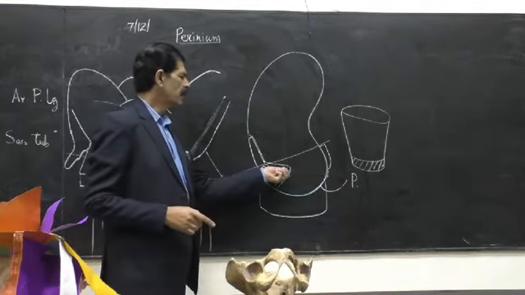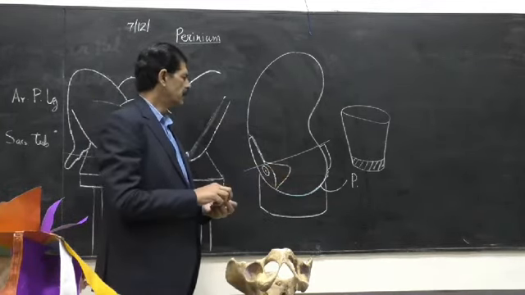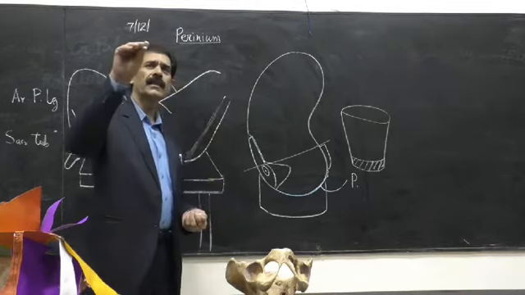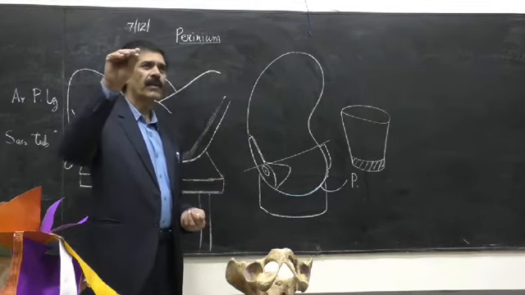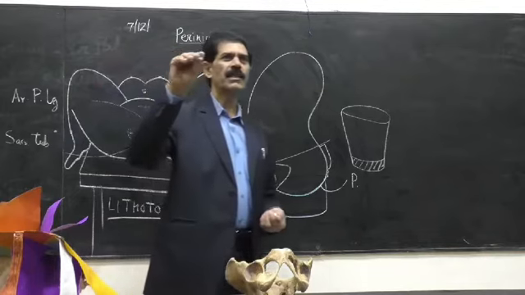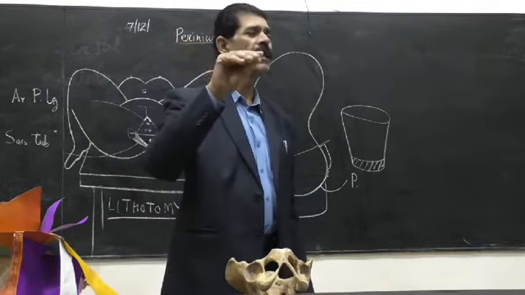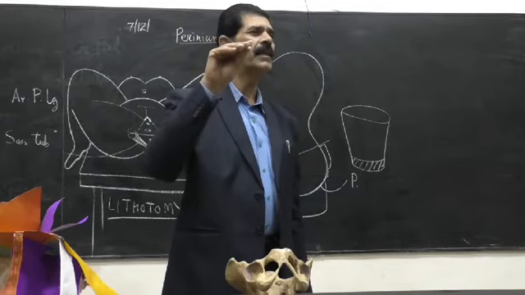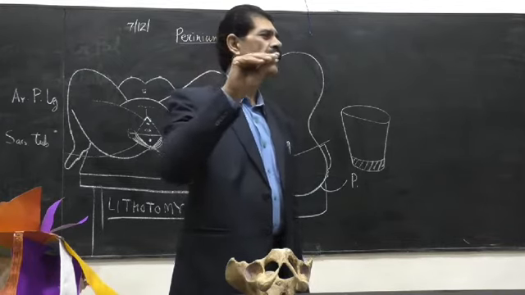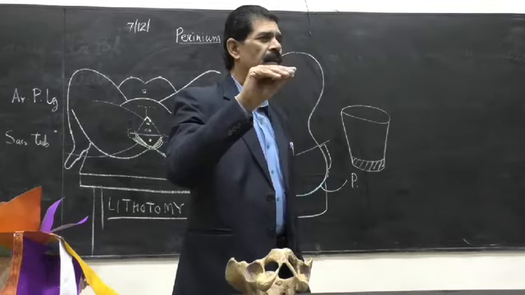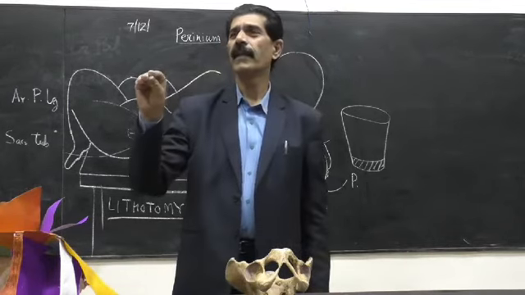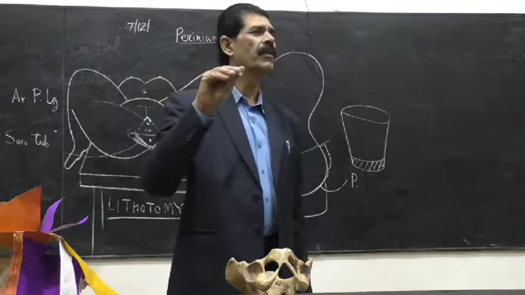And this urinary bladder is actually like the samosa you eat. So when you eat the samosa, just before gulping it down, just hold it in the anatomical position. It is exactly telling each and every border and surface of the urinary bladder. Otherwise, it is very difficult to understand the surfaces and borders of the urinary bladder.